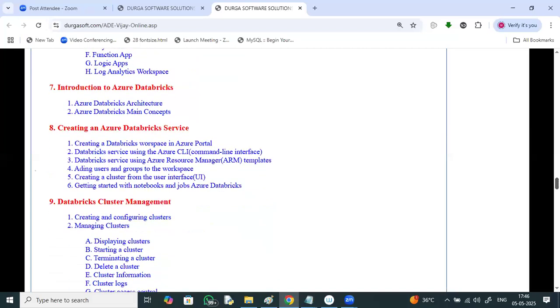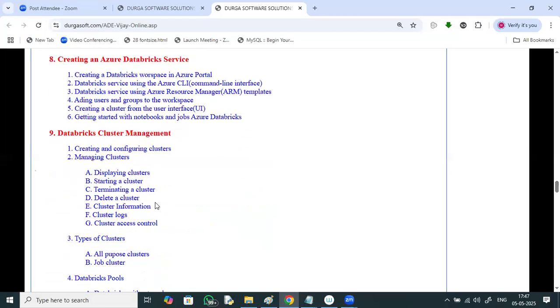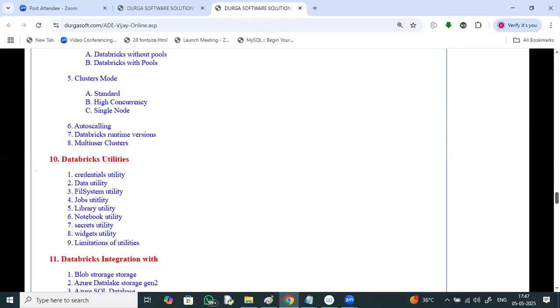Creating a Databricks workspace, Databricks service using Azure CLI, Databricks service using Azure Resource Manager, adding users and groups, creating a cluster from the user interface, creating and configuring clusters, displaying clusters, starting a cluster, terminating a cluster, deleting a cluster, logs, types of cluster, all-purpose cluster, job cluster, Databricks pools with pools, without pools, auto scaling, Databricks runtime versions, multi-user clusters, Databricks utilities, data utility, credential, file system, job, library, notebook.